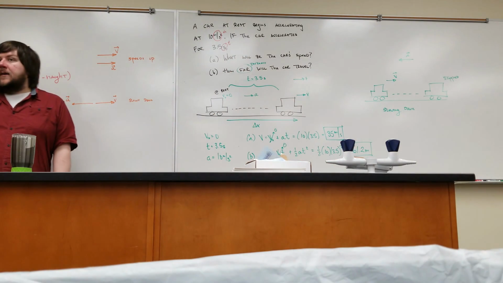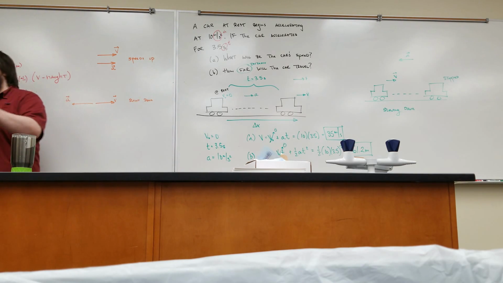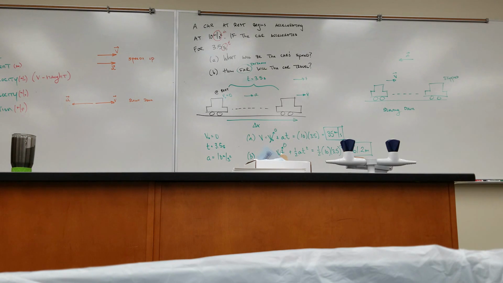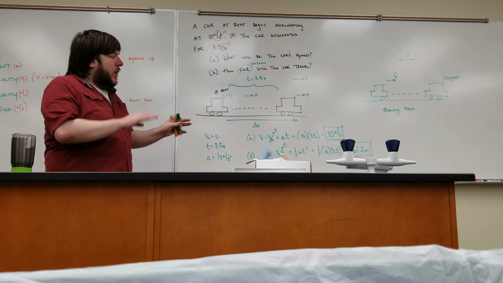A couple of things. The number of significant figures doesn't matter when I'm working in class, and it doesn't matter on the exam. On the exam, you just choose whatever answer is closest. I got 61.25 on my calculator. The possible answers on the exam wouldn't be like 61.2 and 61.25. I'd include like 61.2 and like 75.8 and like 32.1. They'll be dramatically different, so just choose the answer that's closest. On Mastering Physics, it does care about significant figures, so you might need to mess around with